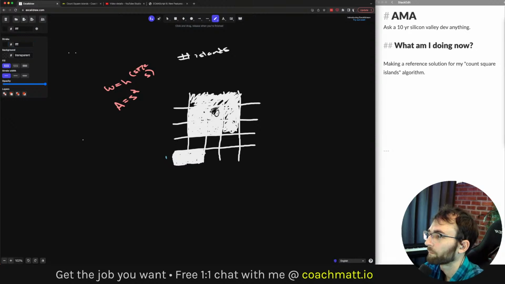Okay, that'll work. Right, so imagine it's kind of a 3x3 island, and then there's nothing in the middle. So is that a square island? I think that's a fantastic clarifying question. That's something that maybe 10% of the people I ask this question think about. To keep things simple, let's assume that this will not be a square island. Our definition of a square island is an island that has no holes in it and is square, with no other extruding edges.